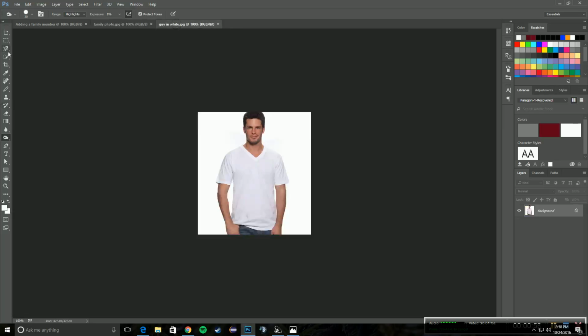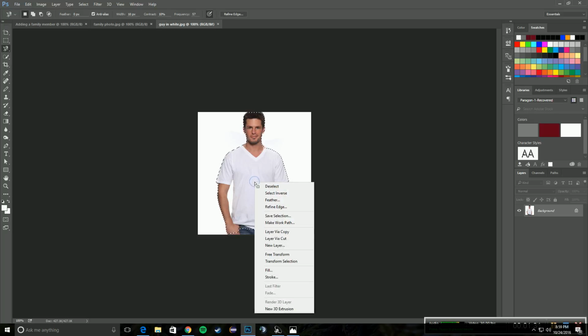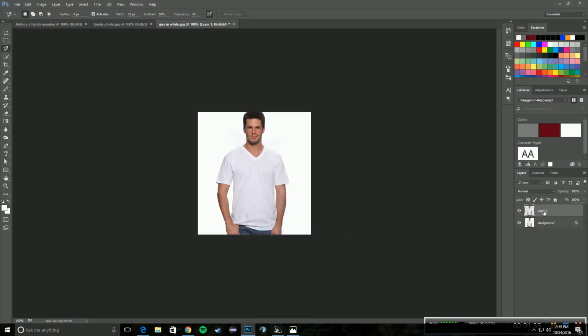First thing you'll want to do is go over to the toolbar on the left hand side and grab this magnetic lasso tool. This is so that we can grab this guy from this photo here and start putting him into the next photo. And so you'll just drag this up around. Usually pretty good about lassoing directly to where you need it to. And then the bottom here, we don't care that much because he'll be hidden by the family in the next photo anyway. So what you do after that is right click, layer via copy,